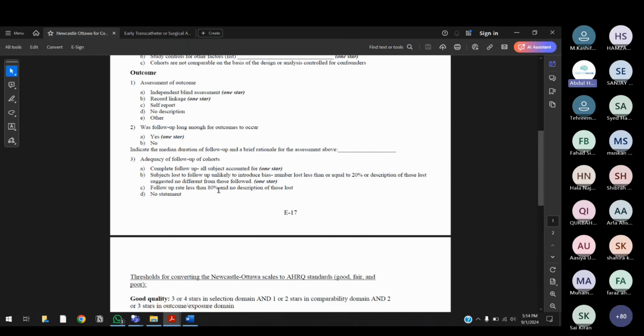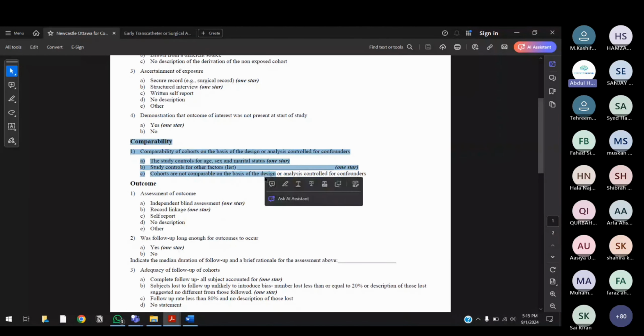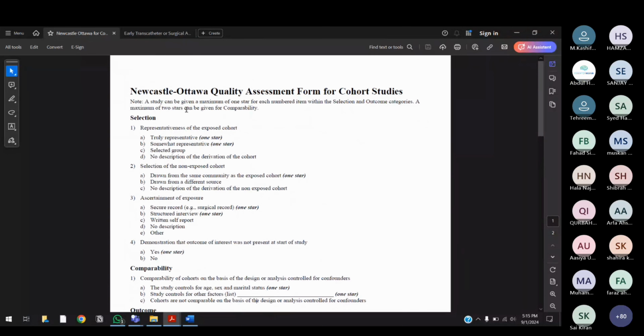Outcome में 3 stars भी आ सकते हैं. You are right. Outcome में 3 stars आ सकते हैं बाद. So is everyone understanding till now? Adiba, yes, I said we can only select one option, but if you see the comparability option, first of all, it is an exception. ठीक है? Just the PDF form is telling you कि comparability में you can select a total of 2 stars.